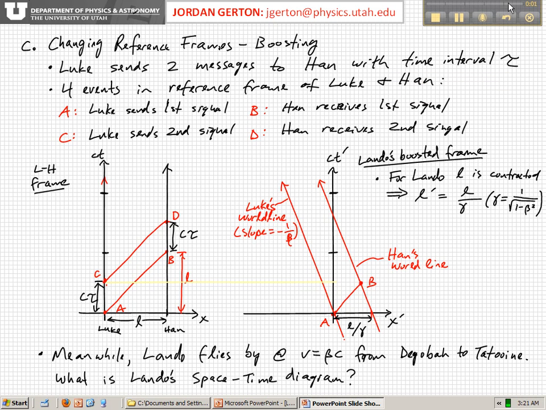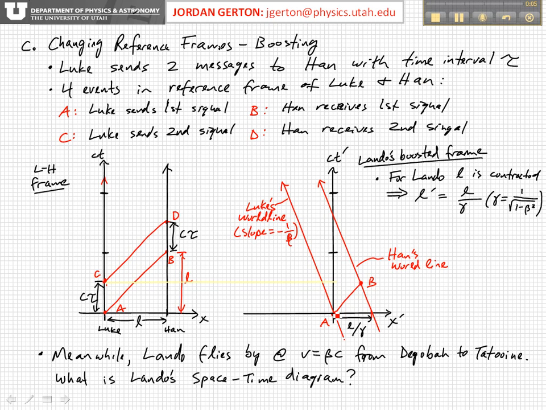Okay, so the light line has to still follow 45 degrees. So the signal between events A and B still has to follow 45 degrees, and so it looks like this. Okay, so event B on Han's world line happens at this point. Now, for the same reason that the distance between Luke and Han is length contracted for Lando in